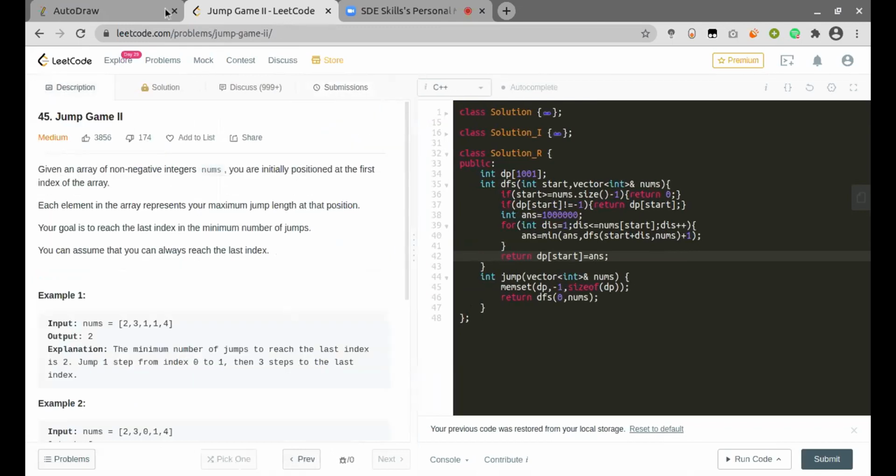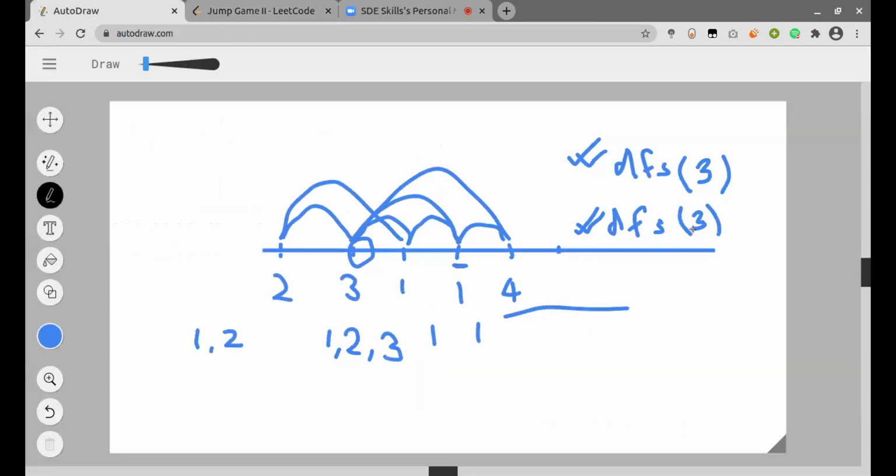But we can see this, for large values, it will be calling the same index more than once. So if the values at each of the index is pretty huge, for example, if this was 13, this was 11, this was 11, some index might be called more than 3 times. So for large values, the DFS calls can be done more than once. So we can try memoizing the value itself so as to reduce the complexity. Yeah, makes sense.